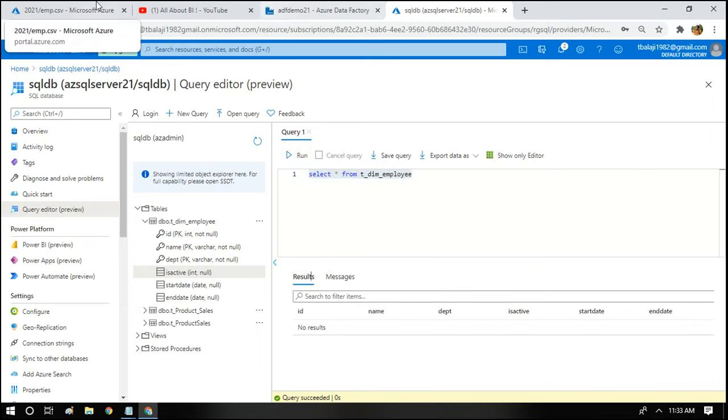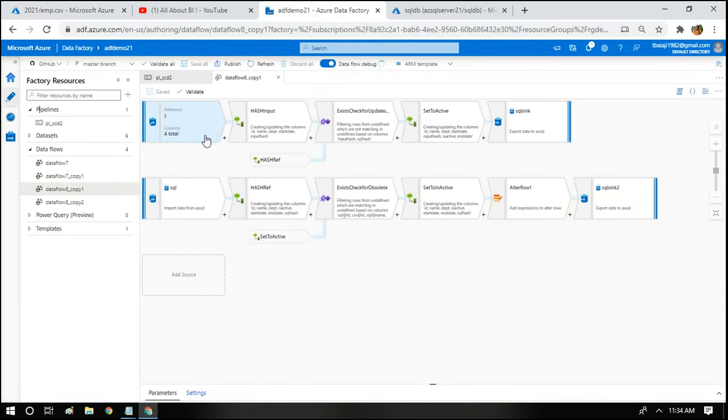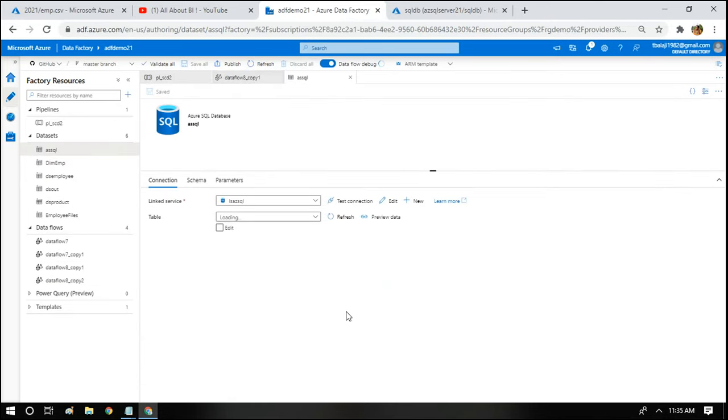In this case, all the records will be considered new records, and they will all have the is active column as 1 and the end date as 31st December 9999. As I told you, we have the records coming from the CSV file, and we have one more source connected to the SQL table, because before we insert or update the records from the CSV file, we have to check whether that particular ID and name is already there in the table. So for that we have connected to the SQL table as well. This one is pointing to my CSV file, and this one is pointing to my SQL table TDIM employee. If I refresh and see the data, there will be nothing because we haven't inserted any record.